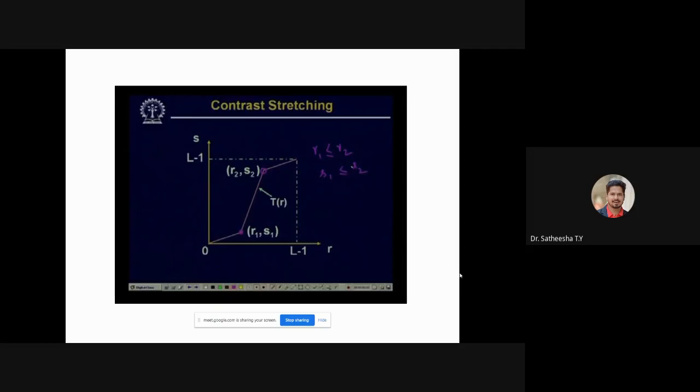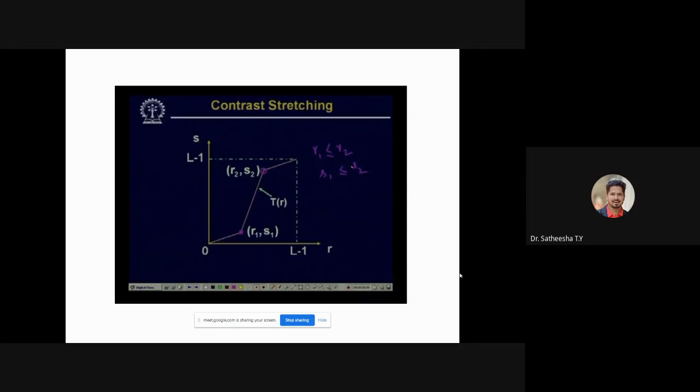Now a typical transformation which may be applied for the contrast stretching operation is shown in this particular figure. Here you find that in this transformation, we have indicated two different points. One is R1 comma S1, this particular point, and the other point is R2 comma S2, this particular point.